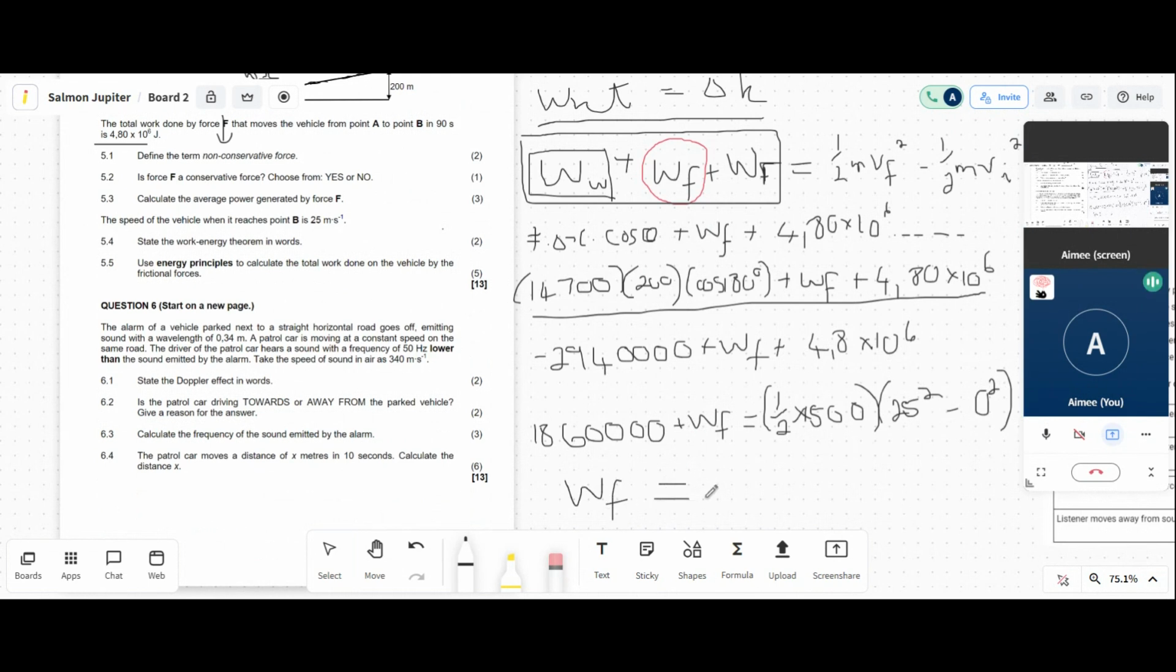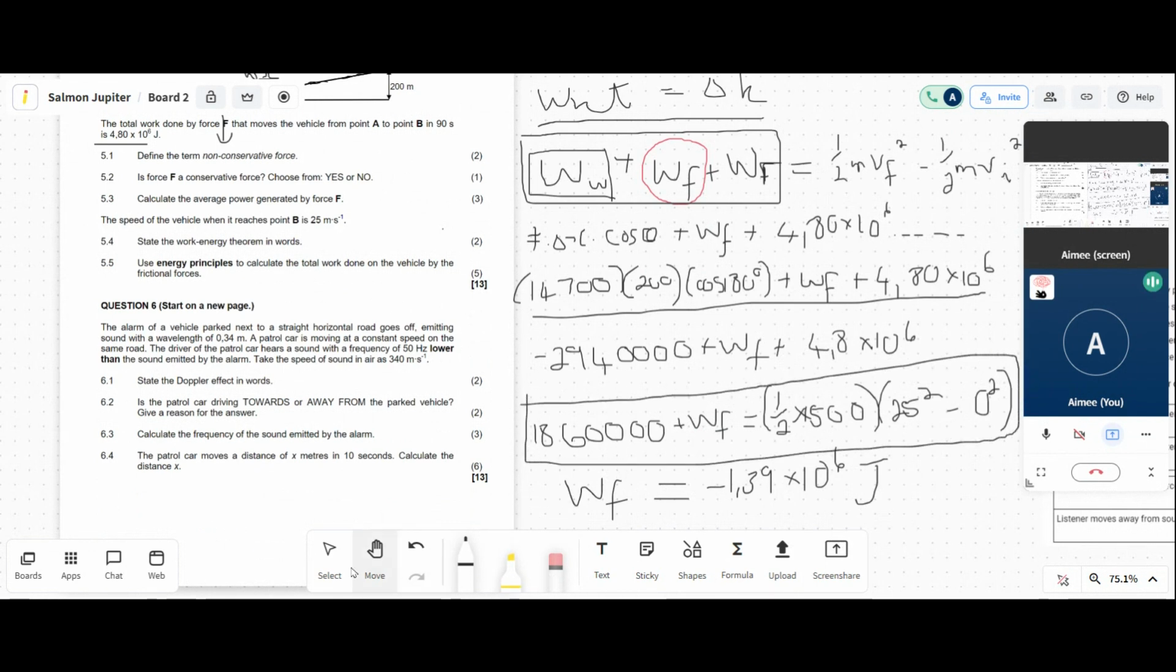And that comes out to be negative 1.39 times 10 to the power of 6 joules. And that's the work done by your frictional forces. Okay? So this is a bit all over the place. Like I said, I run out of space. But overall, if I delete the rest, you should be able to see